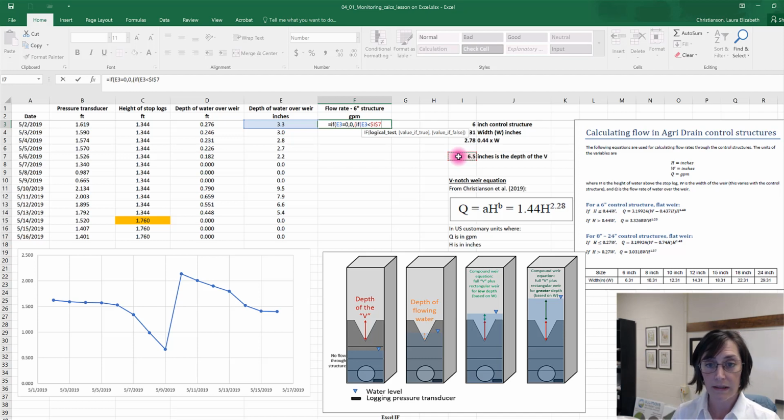If my depth of water is less than my depth of the V, then let's do the standard V-notch equation formula. So 1.44 times H raised to the 2.28 power. Okay? So this basically says if my depth of water is in the V, then let's use the V-notch weir formula.